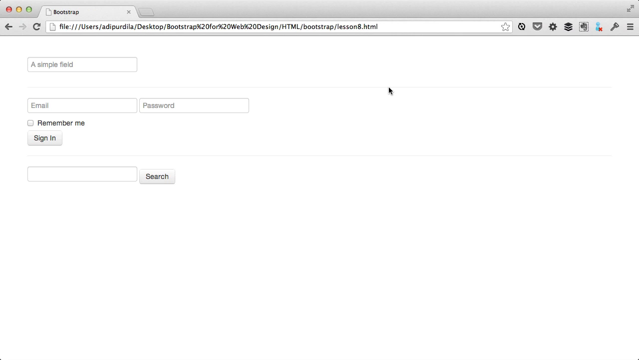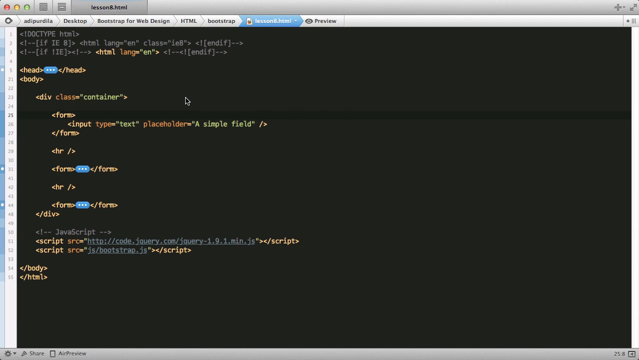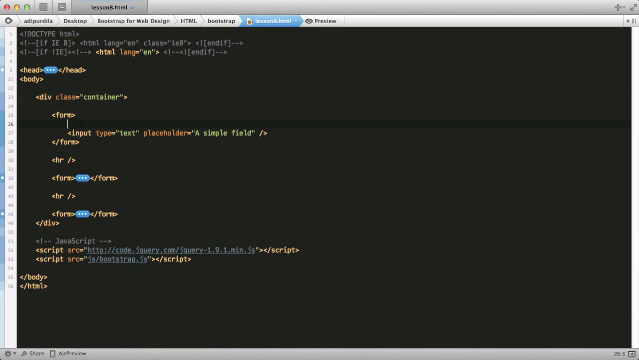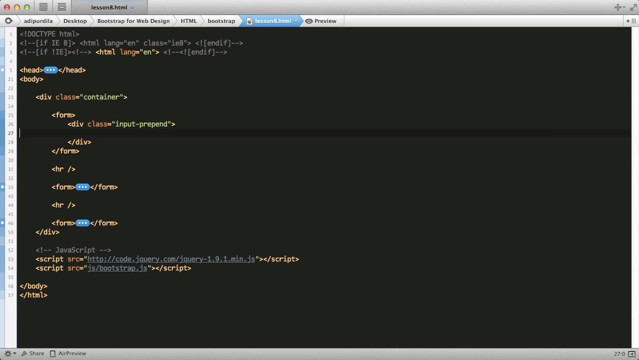For example, you can add text or buttons before and after a text-based input. Just a small note here, selects are currently not supported, so only use a text-based input. And you can do that really easily. Here we have a simple input, and I want to append, or prepend actually, like the $ sign or any kind of text. So we'll start with this, a div with a class of input-prepend, and I'm going to move the input inside it,